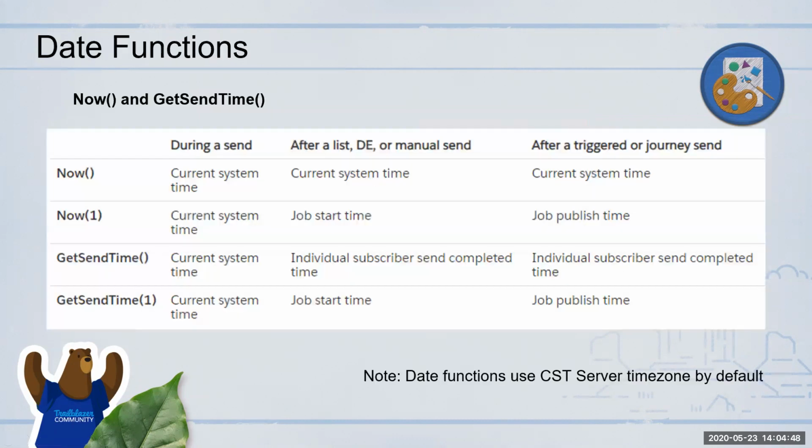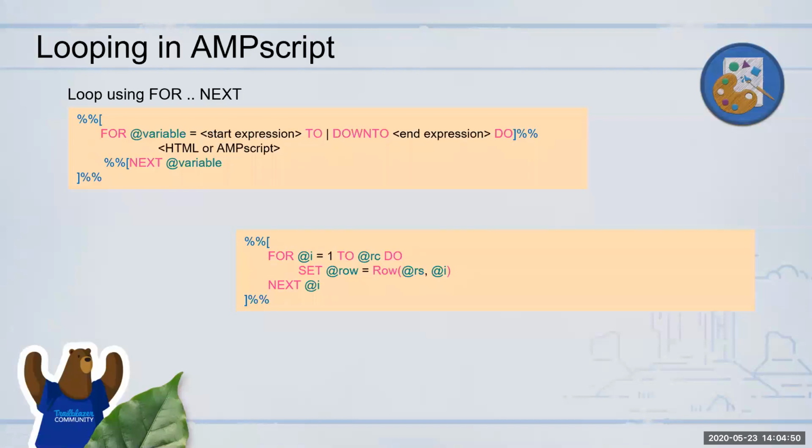Shibu, does the variable have to be a number only, or can it be anything else? Ideally a number, because then only it can increment and go. Like I said, the variable does not have a data type. So if you have assigned a number to it, then it's easier for it to evaluate. If you use text, it will not evaluate correctly.